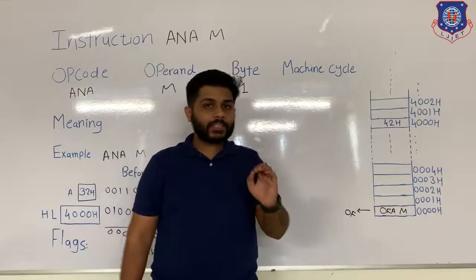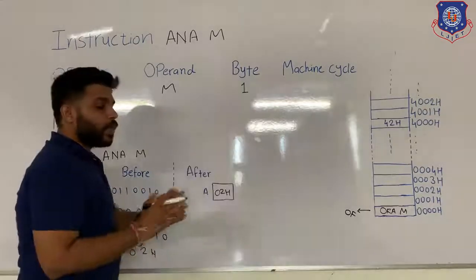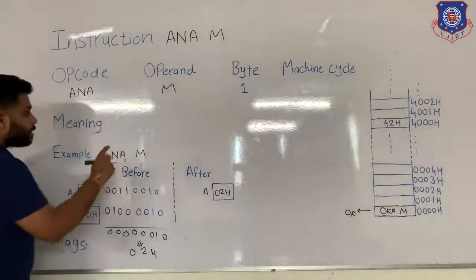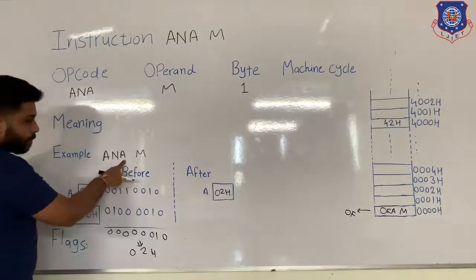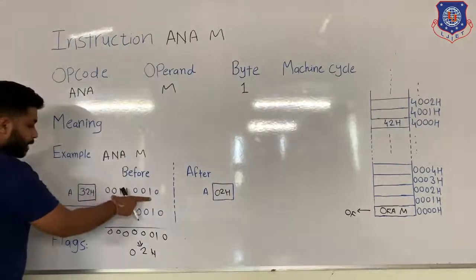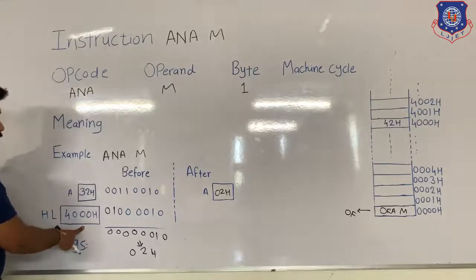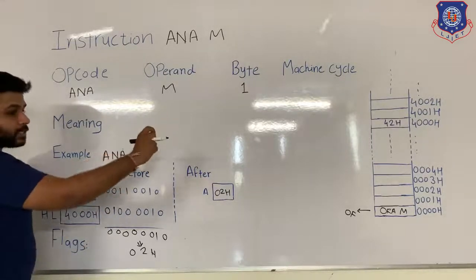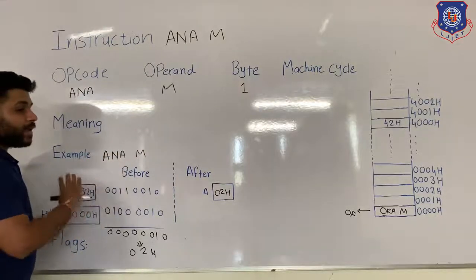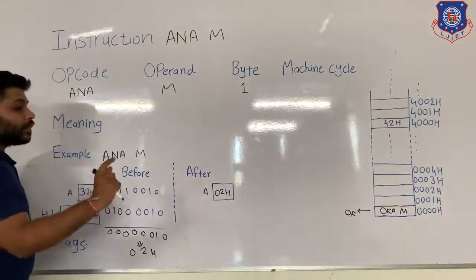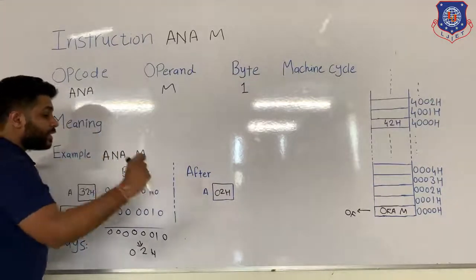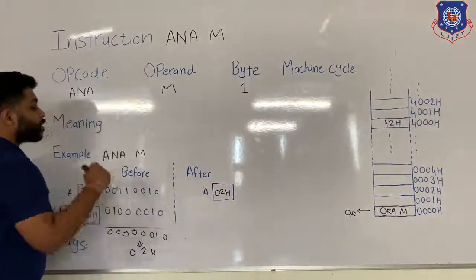Now we have to pay attention to the execution process. What is happening during the execution? In the execution, the logical operation is being performed between the accumulator and the content of the memory location. Now at 4000H, 42H data is present. The processor cannot perform any operation when the data is stored in the memory. If the processor wants to do any process, the data should first be transferred into the microprocessor.